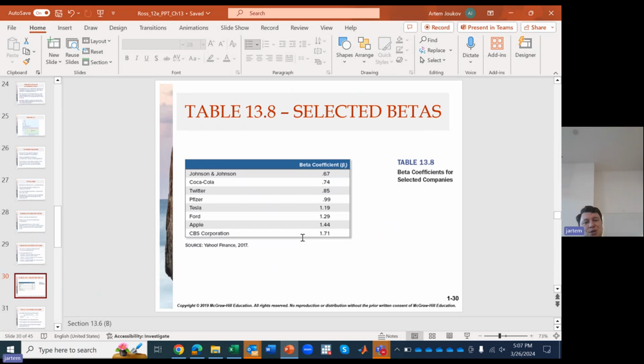Ford in 2017 wasn't doing so well, so its beta was up also. Your beta being up doesn't necessarily mean you're doing poorly, but Ford was exposed to a lot of systematic risk, more so than the average firm in the S&P 500. I was very surprised to see CBS up here. I mean, what's happening to CBS that's making it so exposed to risk? But something is, clearly. So, yes, go ahead.